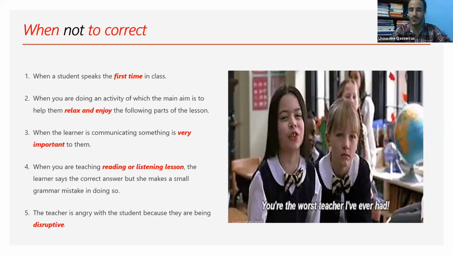Good, Huriya. Now, students will hate the teacher. It's better to avoid them. Good. Yeah, be fair. Be fair with all students, either they are nice or troublemakers. Do your job. Your job is when to correct, when not to correct, how to correct, why correct. You see my point?